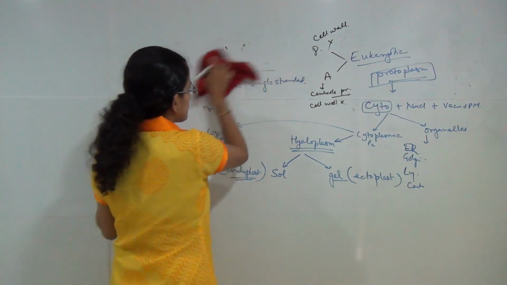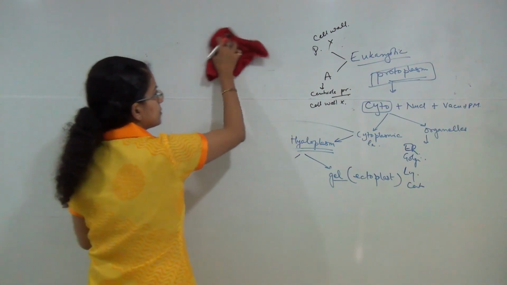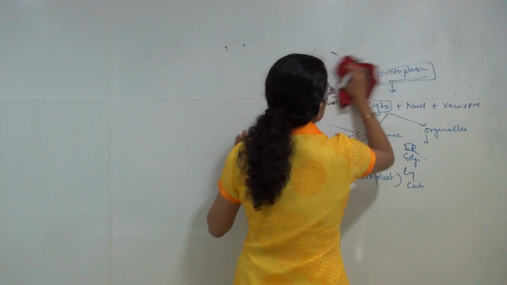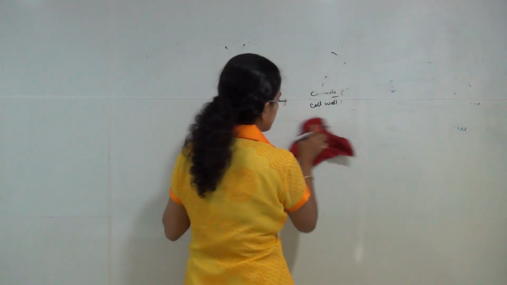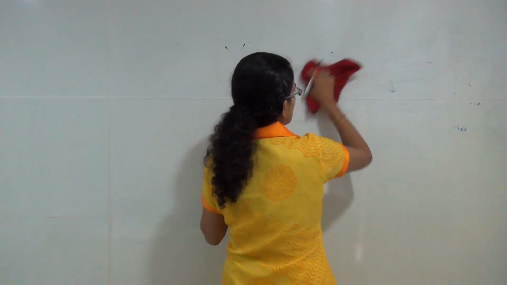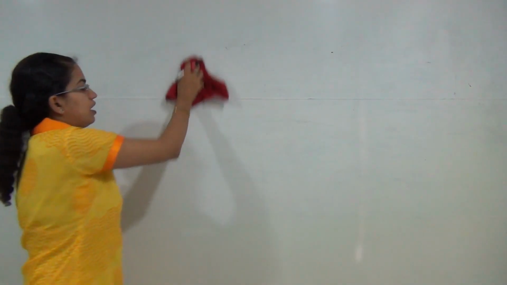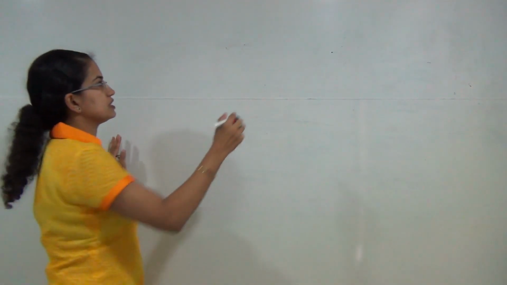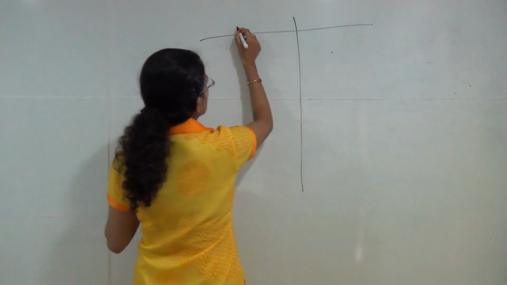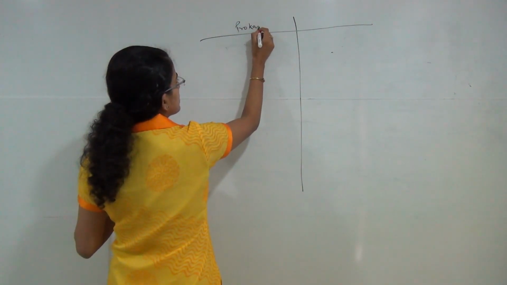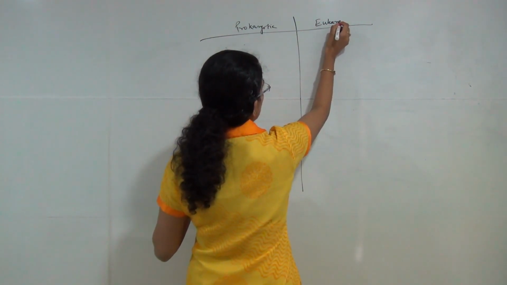Now what we would do today is understand the differences between the prokaryotic and the eukaryotic cells, and broadly what I can say is there are 23 major differences that exist between the prokaryotic and the eukaryotic cells. Now obviously remembering these differences is a difficult task for most of the students. So what we would do is we would start with a simple technique to understand the differences and remember those.